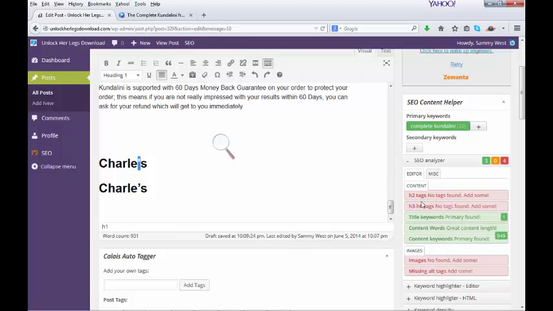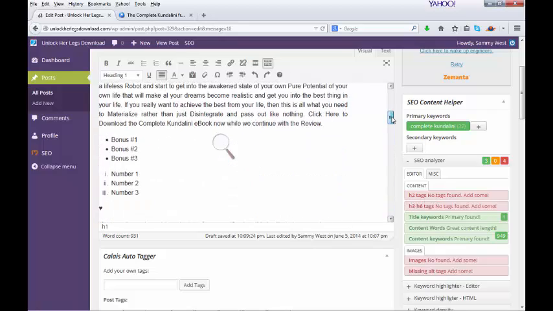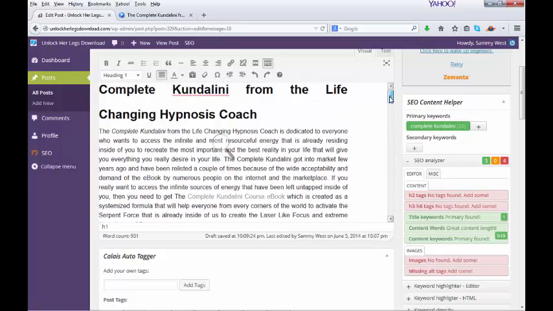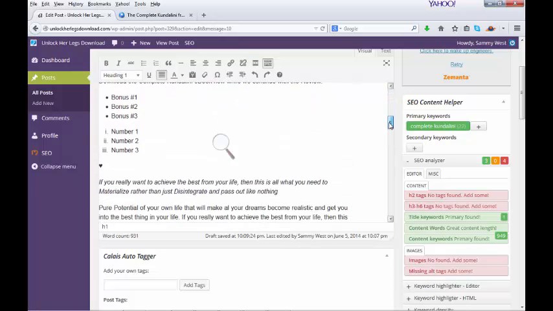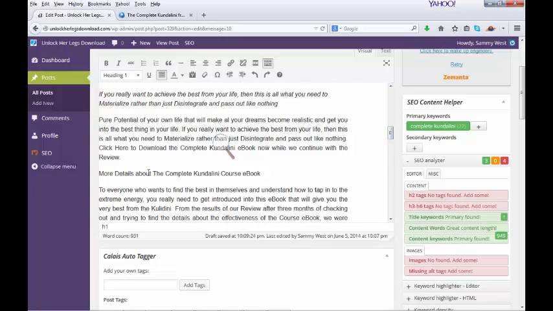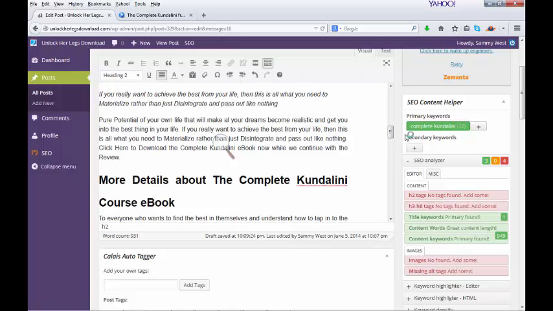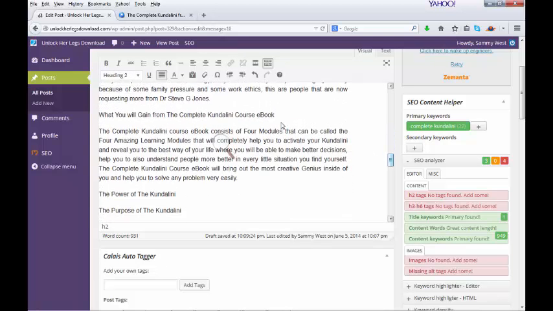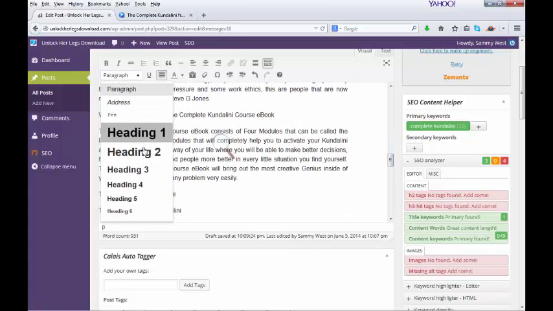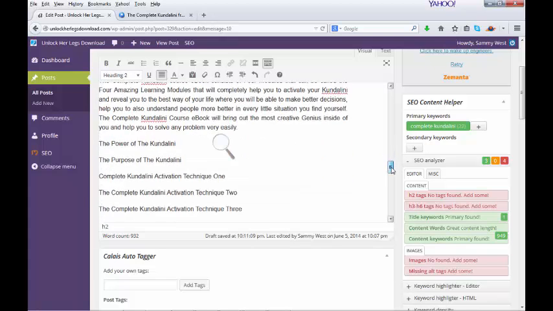So how can we get H2 tags? Like I told you the other time, you need a minimum of 2 H2 tags in your post. I want to convert this to an H2 tag. I just click on it and come here, give it an H2 tag. I want to get another one. I come here, give this one another H2 tag. Then I need 2